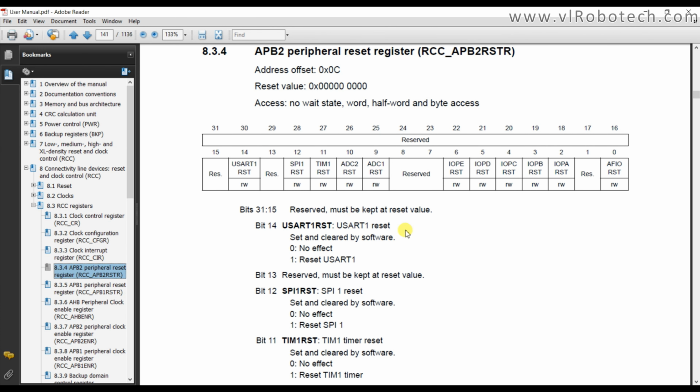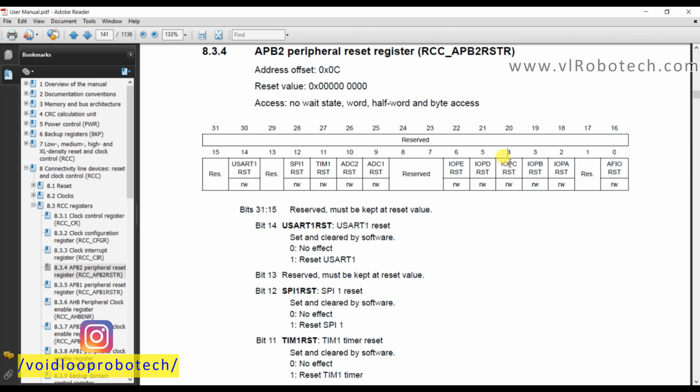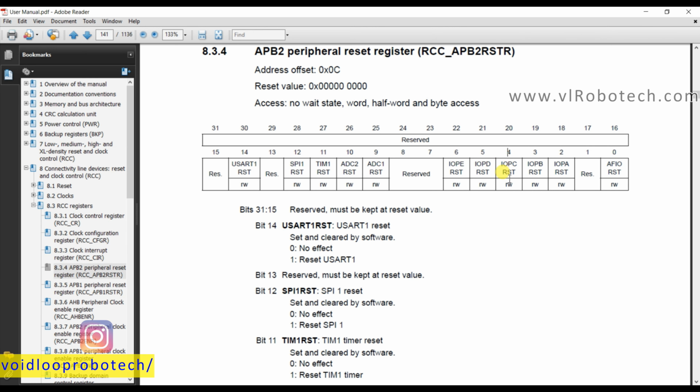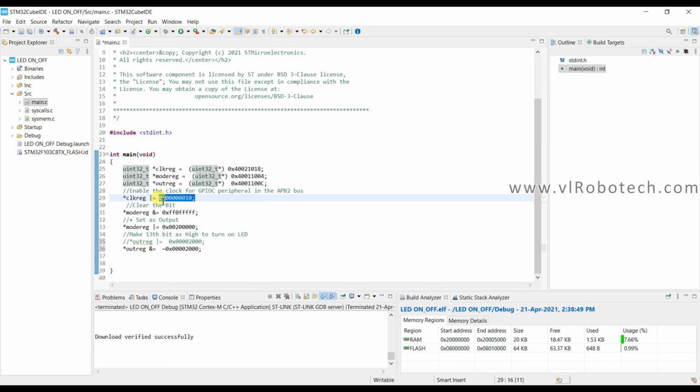This is APB2 bus. For enabling port C, we have to set the fourth bit position of this register. Okay, so it will be 1. So it will be like this. Here we can type 1, left shift and 4.